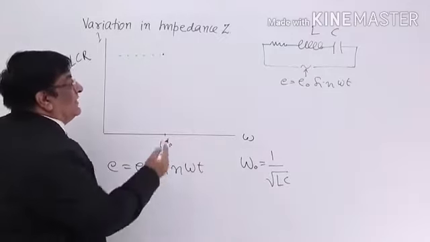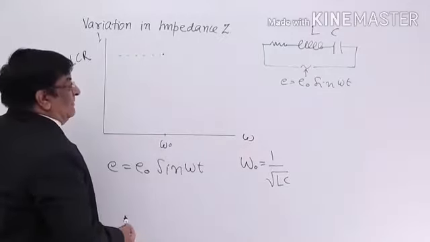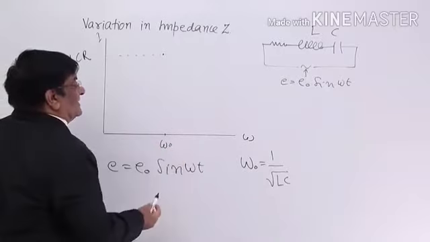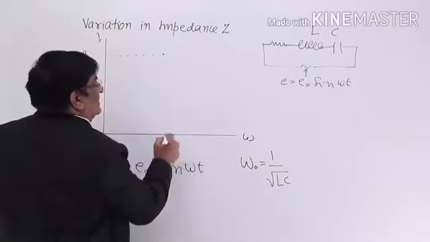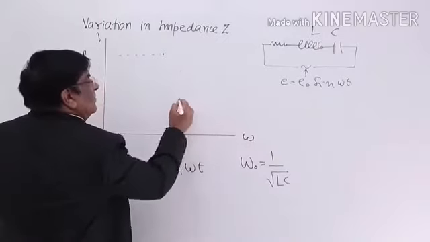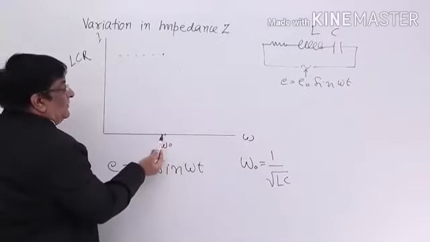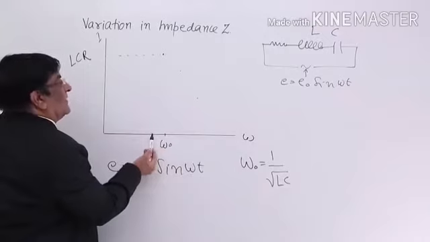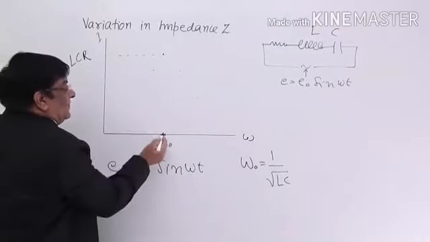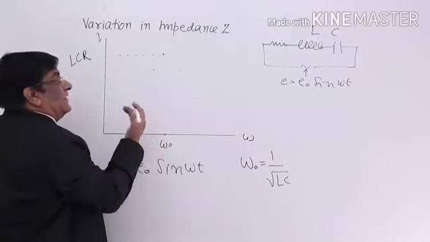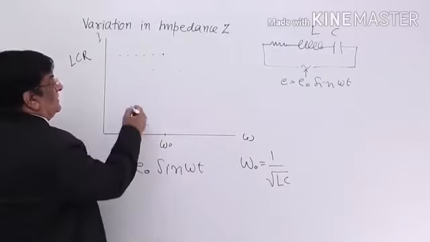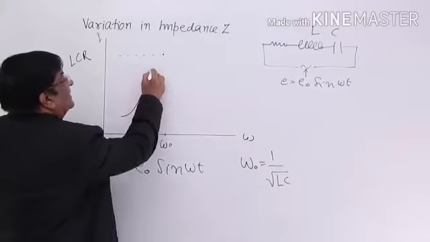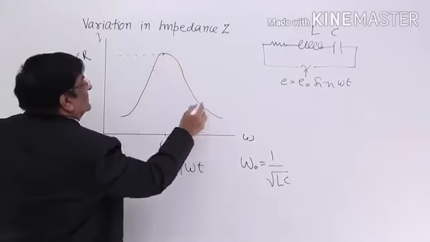Now, we increase the frequency, and we know when frequency is increased, current will be less. We have seen that sequence. If we further increase, it will be further less. Now, if we decrease the frequency, again current will be less. If we further decrease it, Z will increase further and current will be still less. So we make a graph, and that graph comes something like this.